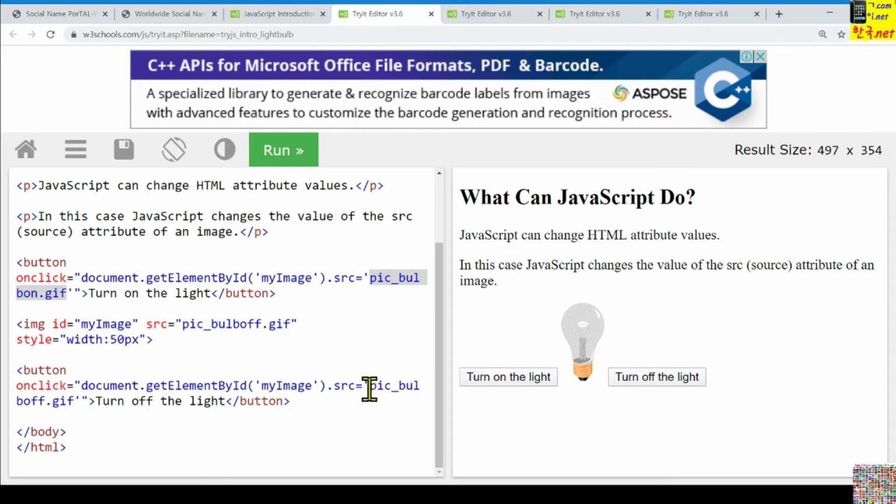Here we can use this instead. In this way we can show that effect. Turn on and off, we can show that effect.